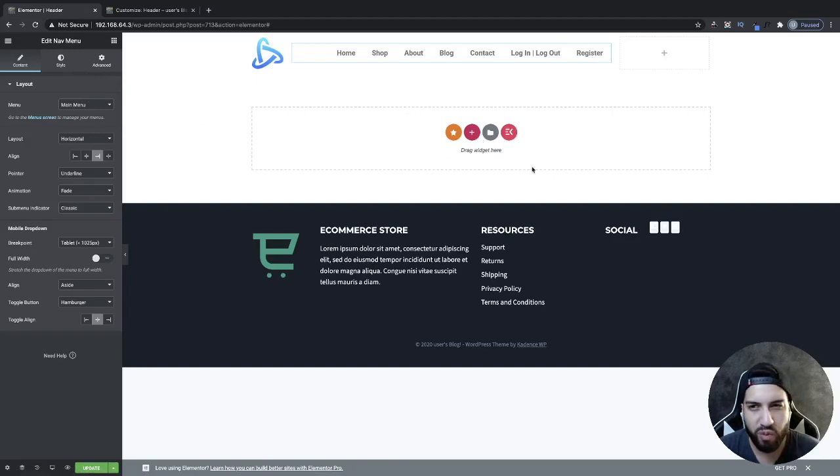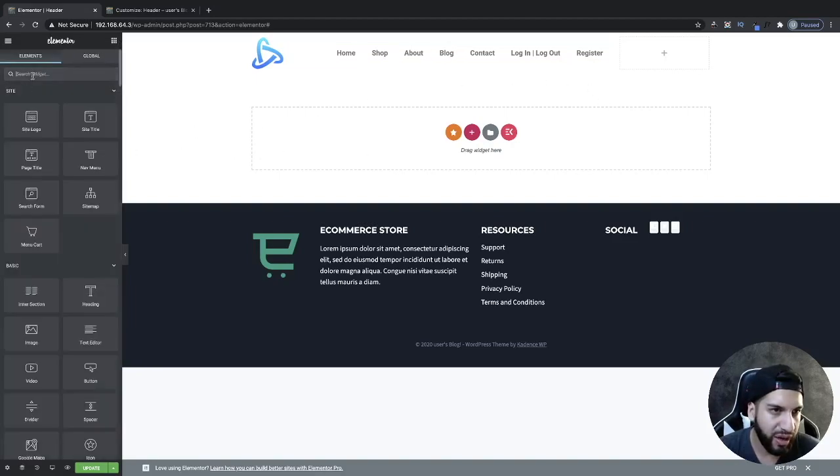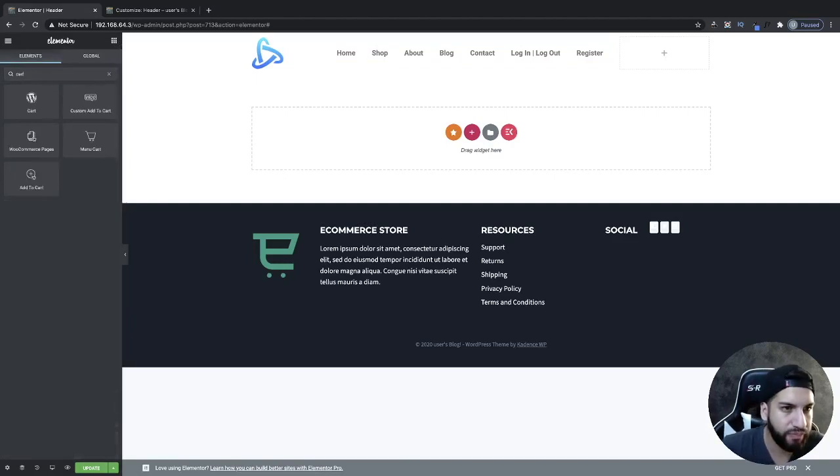But on mobile, you really don't want to have buttons. Buttons are just too large to have on your header. At least on mobile, but on your desktop you can definitely have a button. But I'm going to go ahead and add a cart actually, and I'm just going to use a default cart from Elementor,